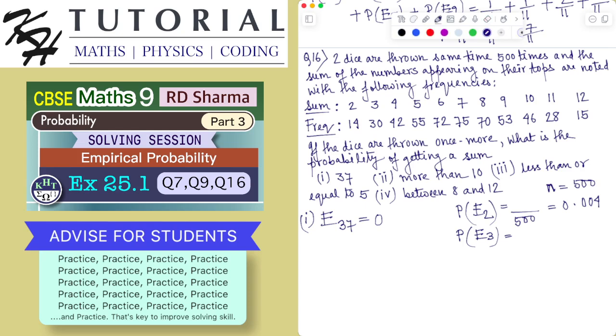The frequency is 14, which means the number of trials favorable to the sum being 2 is 14. So it will be 14 by 500, and to calculate this I will use a calculator to save time. So 14 divided by 500 is